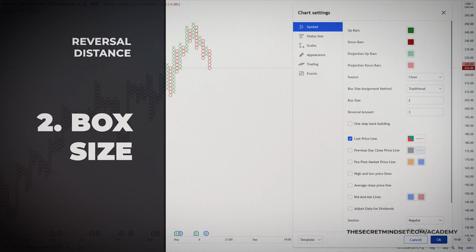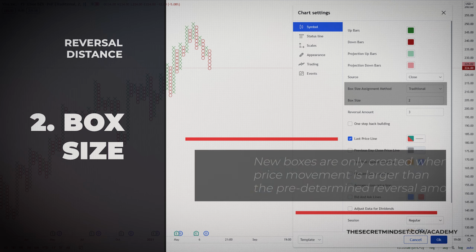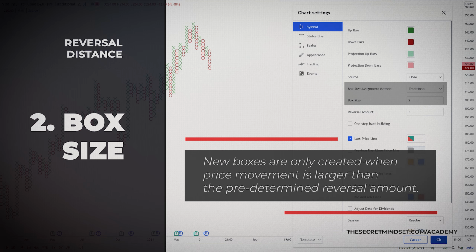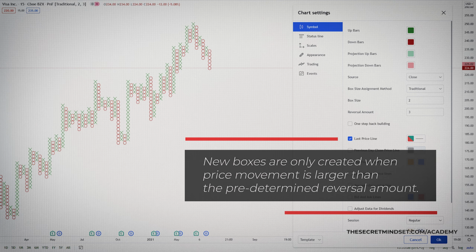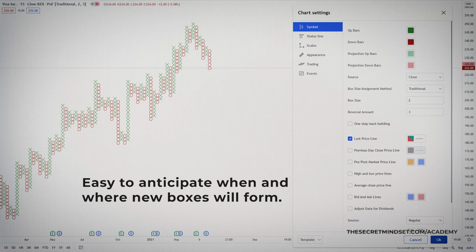The second method is the box size. New boxes are only created when price movement is larger than the predetermined reversal amount. The upside to this method is that it's very straightforward, and it's easy to anticipate when and where new boxes will form. The downside is that